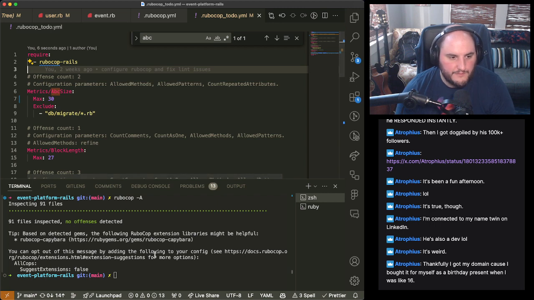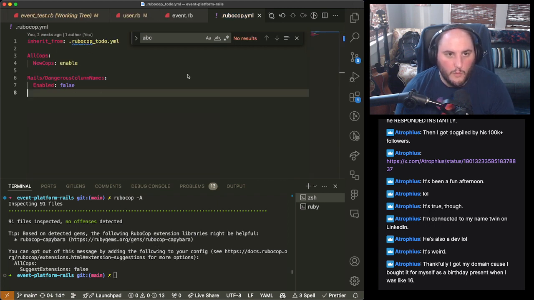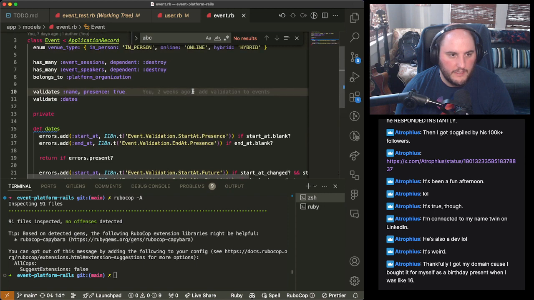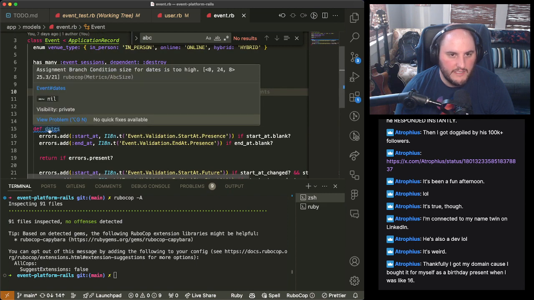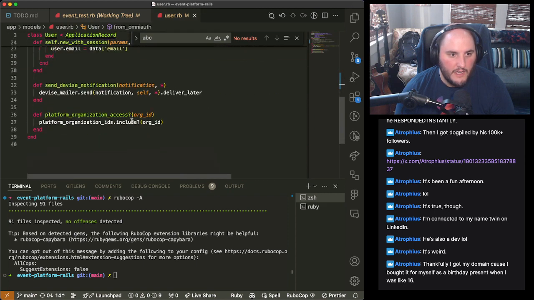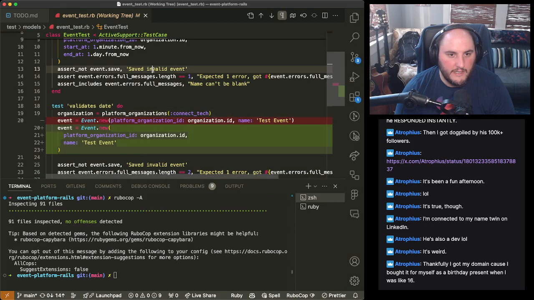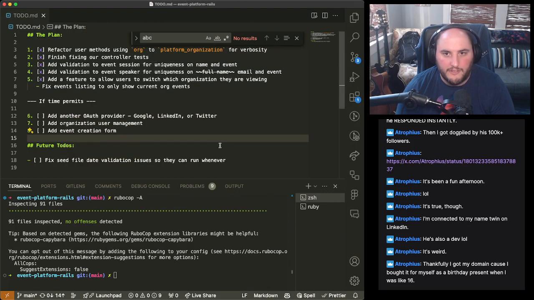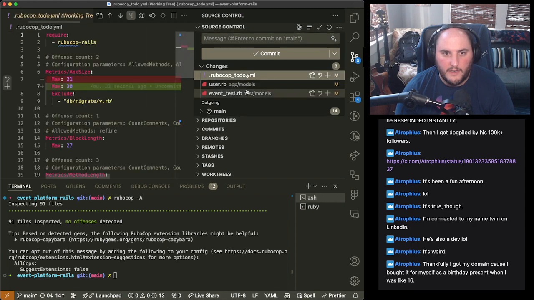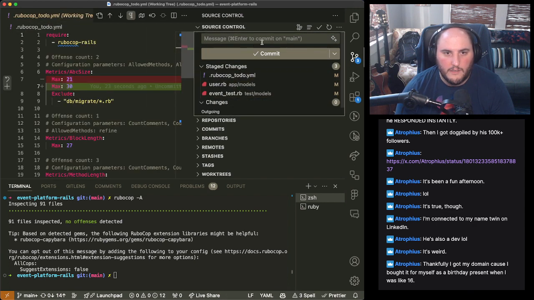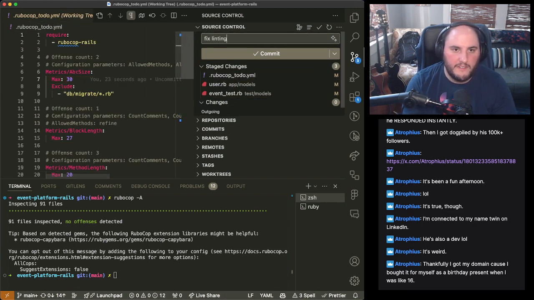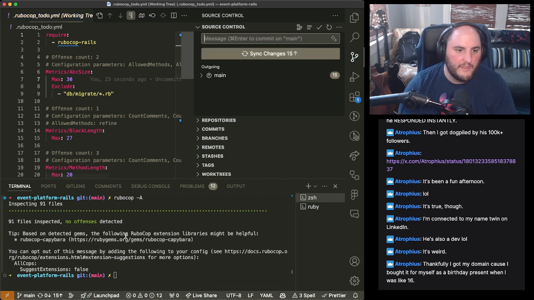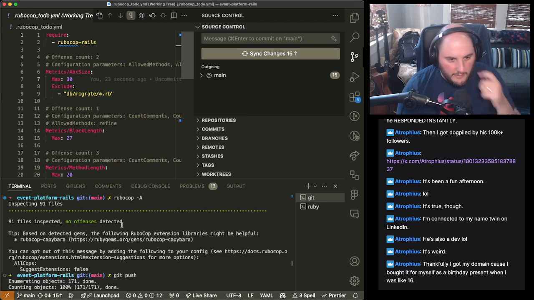So this is great. We're good. We just linted our whole thing. It's going to take a minute for this to pick up apparently. But everybody is looking happy and we finished everything we wanted to finish tonight. Fix linting and update RuboCop config. And we're going to push that up and we're going to be done with this for the night.